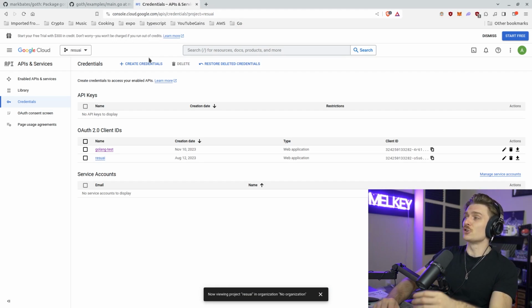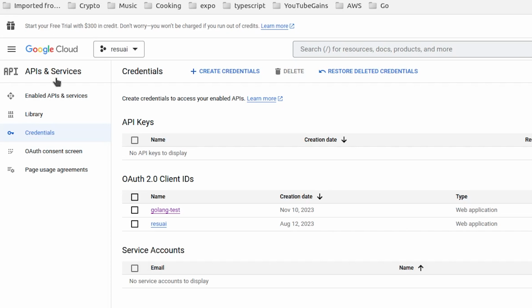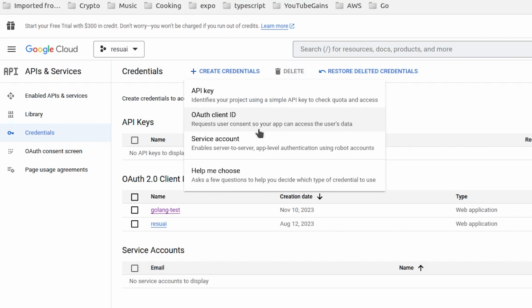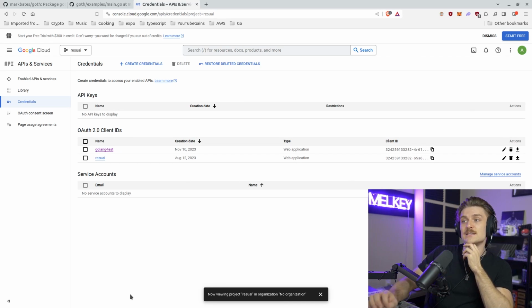So the very first thing that you're going to want to do is head on over to console.cloud.google.com, go to your API library. I'm going to create a new credentials application, an OAuth client ID. As you can see, I have a couple already that I'm going to use for this demonstration, because this sets you up. It gives you the client ID and secret that allows Google to give the token for the handshake